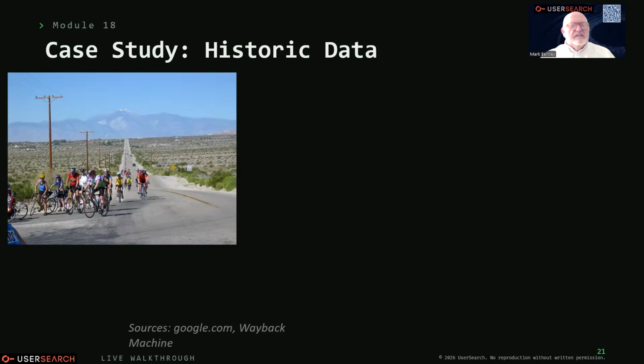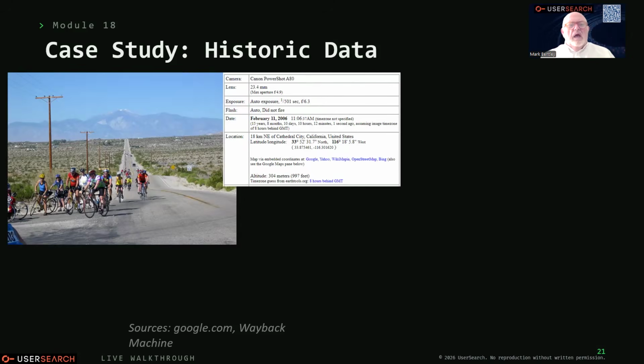Get historic data. This is an old picture. You've got historic data. If you're looking at this stuff, this is 2006, 20 years old, taken by a Canon PowerShot because we didn't have smartphones then. And you go, well, this is a picture I found on Wayback Machine for this guy. He is a member, let's just assume, member of a cycling club.